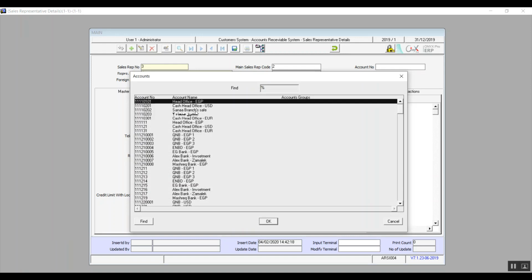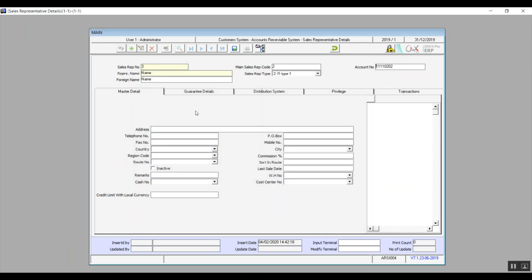If, for example, this is a retail salesperson, then we will link them to the safe that is at the store where they work, because their work is basically going to reflect on that safe. But if he or she is a salesperson who goes to the customers, then we will add a warehouse account so that the goods they're responsible for would be added onto their account. We have 5 tabs here.